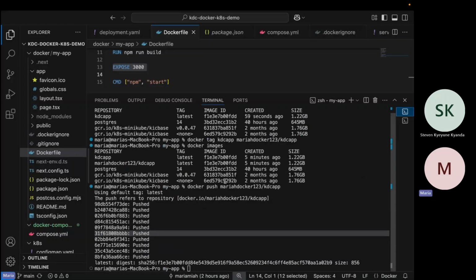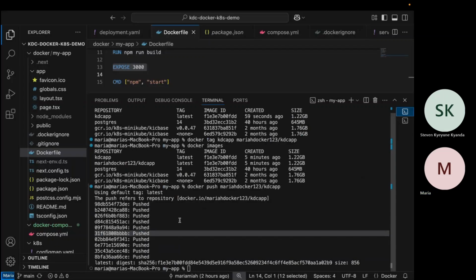You push it, then someone from that location will just pull it and run the container on their machine. Yes, please. If you delete the image, as long as you pushed it, we can delete it and pull what we pushed. It will still be the same.